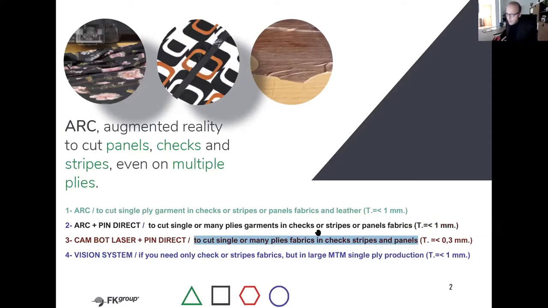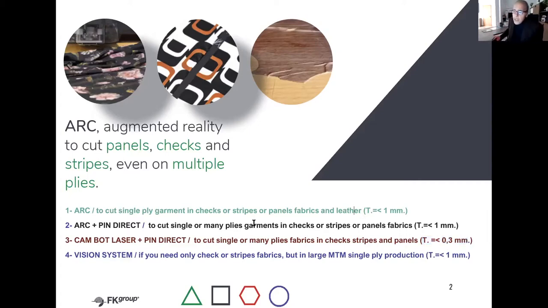Is it the same as the previous? No, it's not the same, because in industry where plus or minus 1 millimeter is not acceptable, you need CAN-bot laser. Later on, I'll show you why it's so precise. Tolerance is plus or minus 0.3 millimeters.